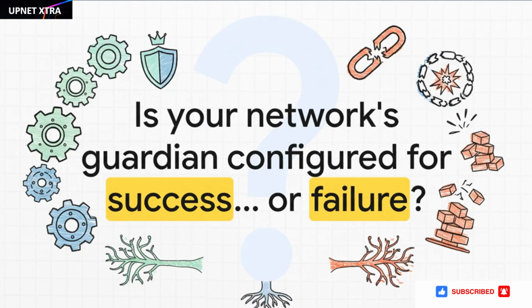So I think the big thing to take away from all this is that spanning tree protocol isn't a set it and forget it kind of thing. It's an active defense system, and it needs you to deliberately configure it to be a guardian. If you don't, it can easily become the very cause of the disaster it was built to prevent. So the real question you've got to ask yourself is, on your network, which one is it?